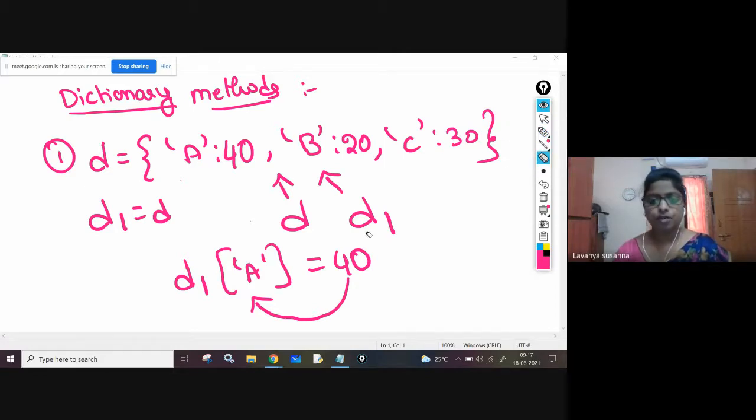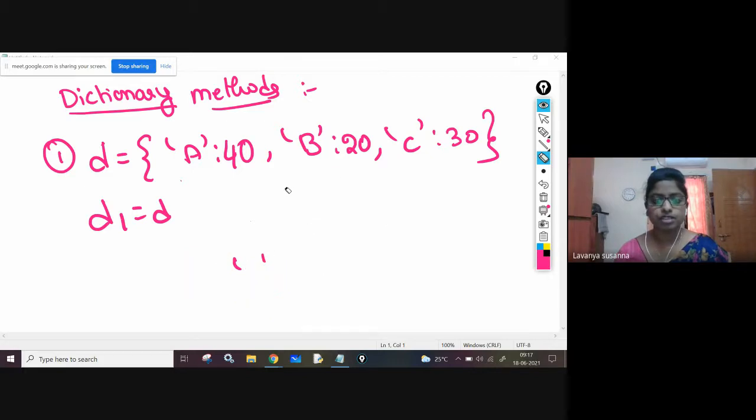Now if you don't want it like this, if you want a separate memory location for D1, you have to use copy. If you are not using copy, D1 is pointing to the D object only, and D is also pointing to this object only, both pointing to the same object.